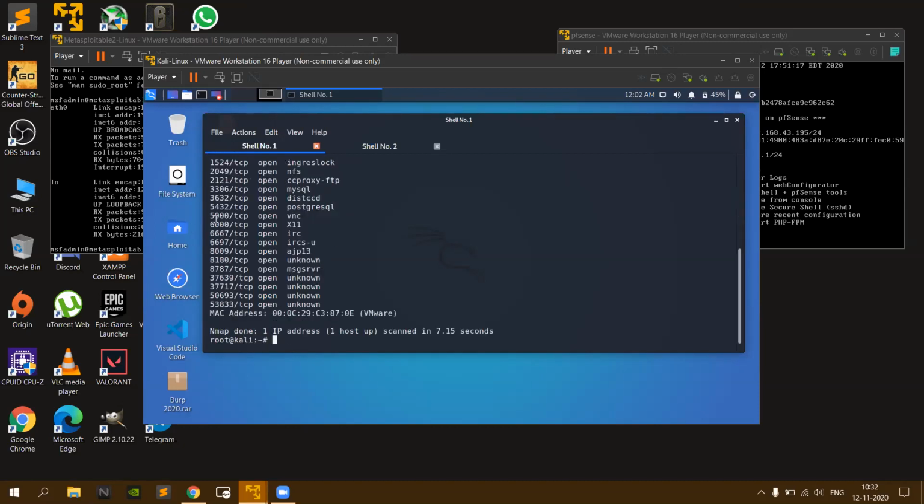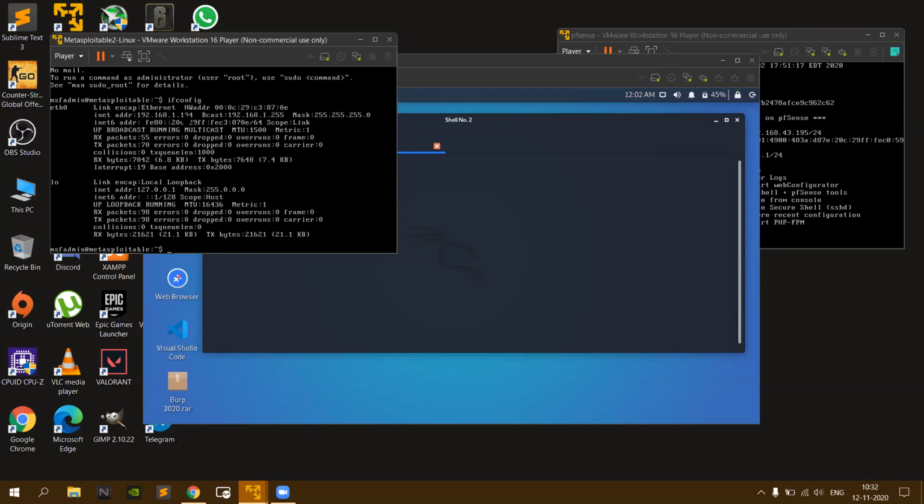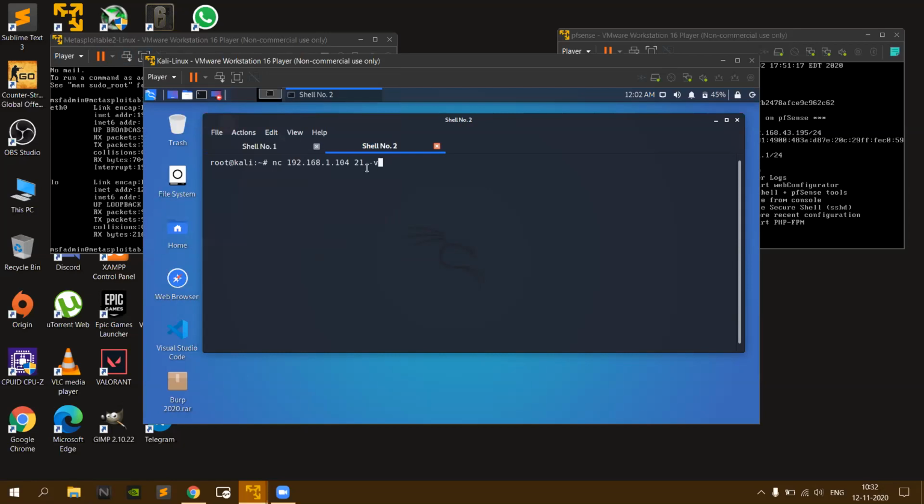So I scanned and port 21 is open. Now I'll be doing the netcat connection first of all. You can see this is my machine, 104, my Metasploitable 2, on port number 21 with the verbose option. Now it's asking me to enter a username and password.